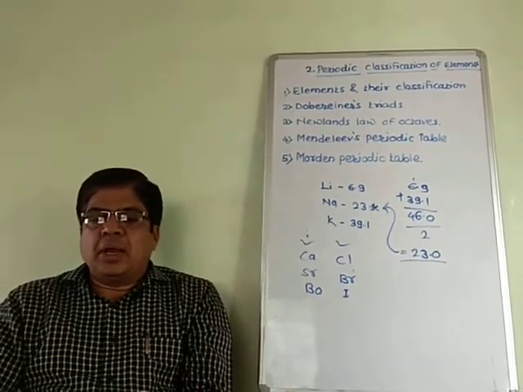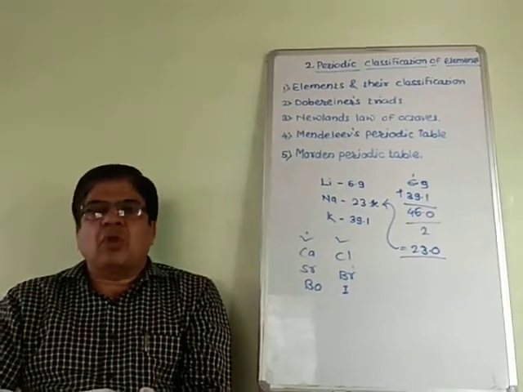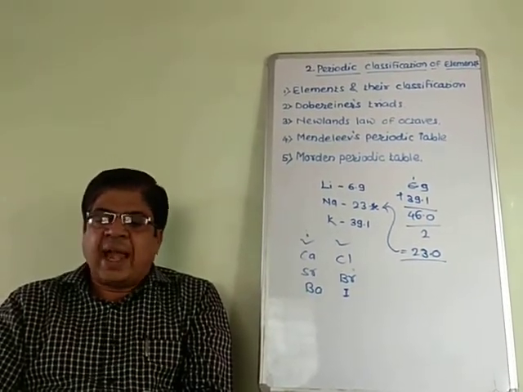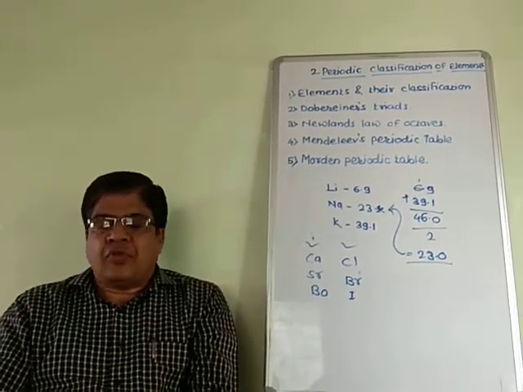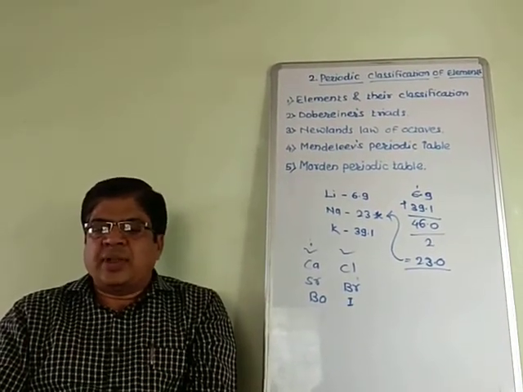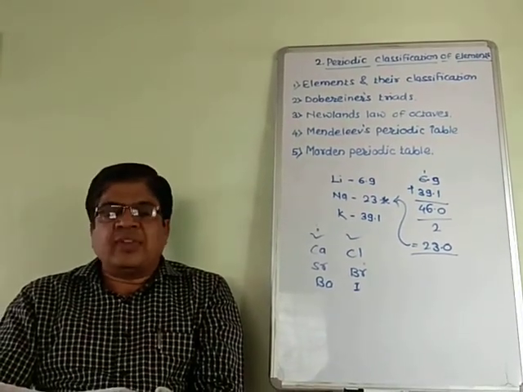The atomic number increases by 1 at a time and the number of valence electrons also increases by 1 at that time. In a period, there is a gradation in the properties of elements. The elements with the same number of shells occupied by electrons belong to the same period.